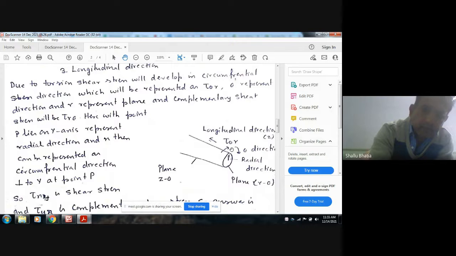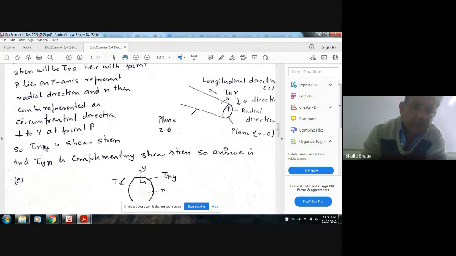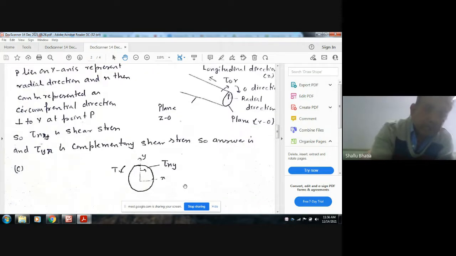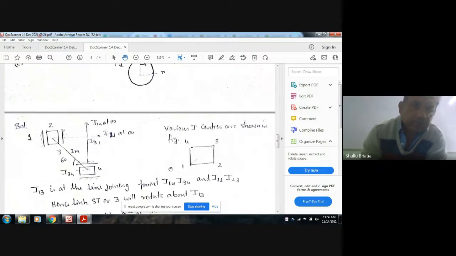So in our diagram, theta is your x and r is your y. Okay. So the answer will be x, y. So this will be tau x, y. Okay. Answer will be C. Next,